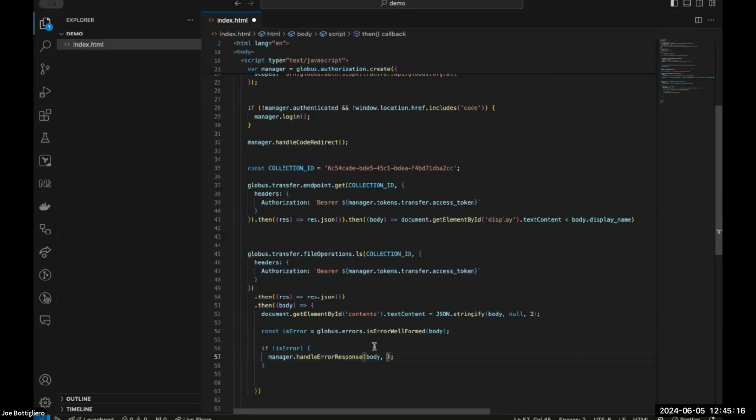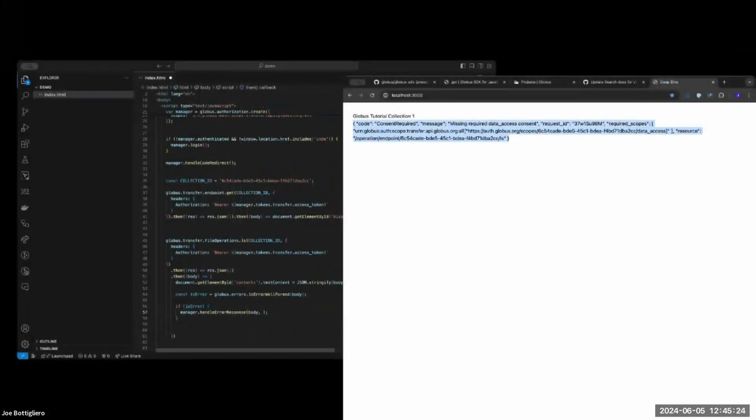Where that comes into play and can be important is if, in this particular case, I'm going to be handling a consent required message, if I want a user to interact with a button before actually addressing this error, or if I want to present an error before this error is handled, I can do that by saying handle error response false. That's going to give me the handler, and then I can call that later in my application processing. But for the sake of demonstration, we're just going to execute the handler right away, so I don't need that second argument. And so now, when I refresh this page,